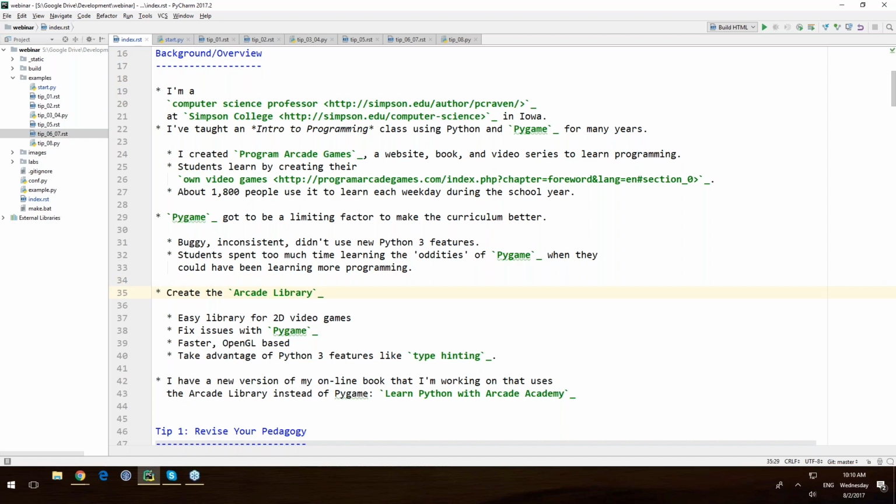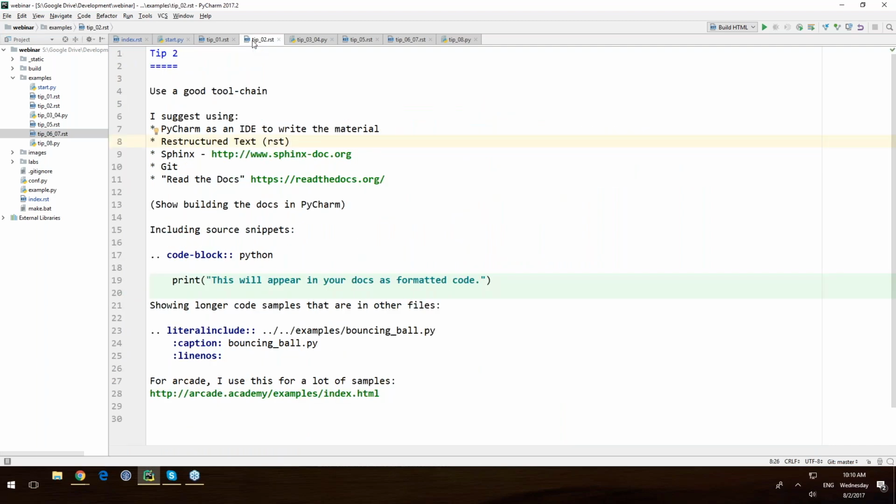Being able to have PyCharm give me hints right away when I'm not typing this in right is really handy as far as that tool chain goes. Plus, it's part of what I'm doing anyway for Python. You can include really quick code snippets. This is how you would include a code snippet. It's just one line and then the code snippet comes in afterwards. If you want to maintain a whole separate program and bring it in, so in this case I might have a bouncing ball program that I want to do, I can easily bring that in, add line numbers, and do that using Sphinx for putting stuff together.